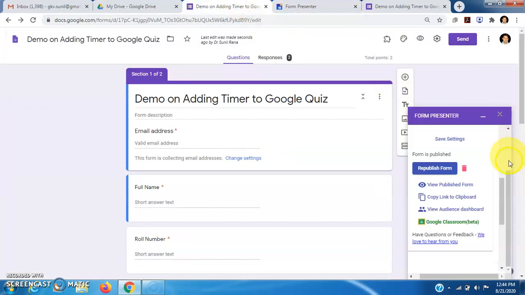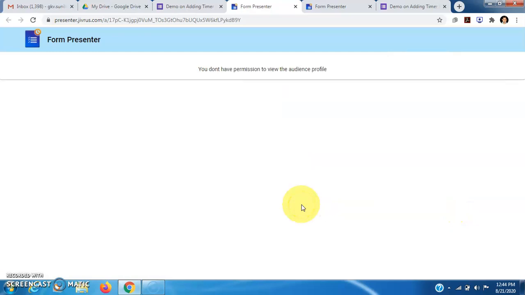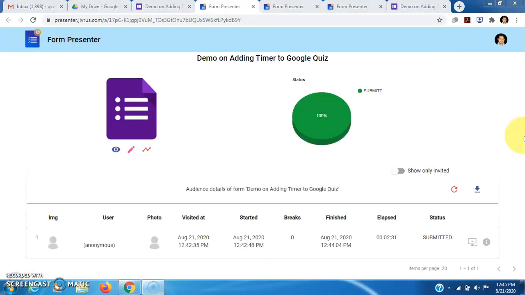Now we have clicked here, view published form. Now we will see the audience dashboard. In this way we can see who has responded to this form.